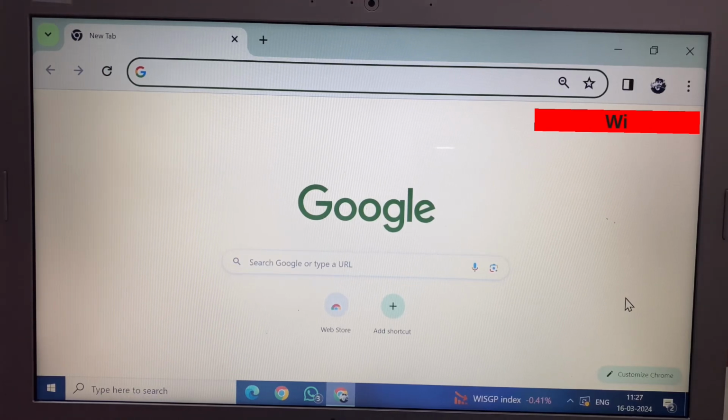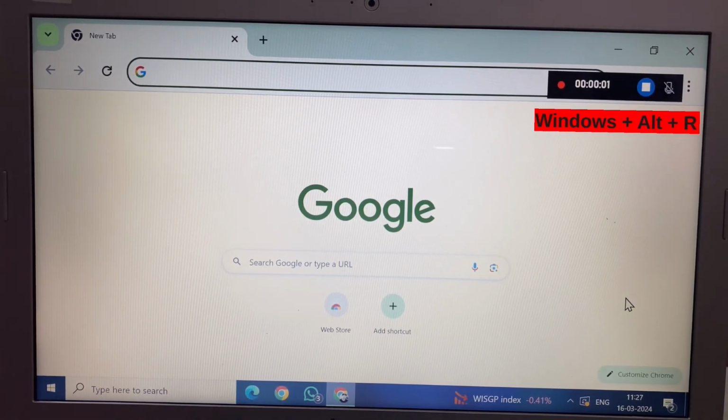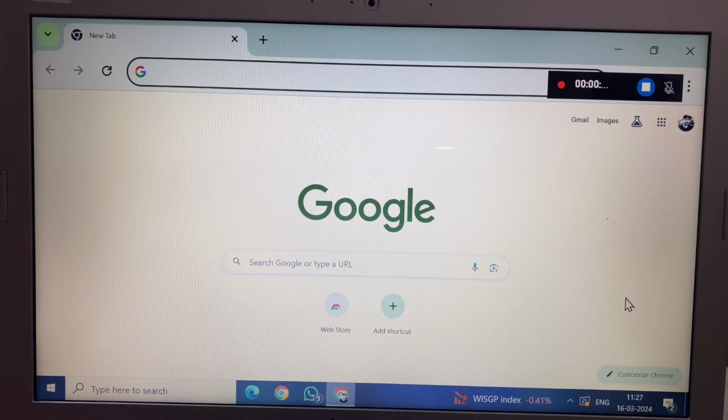And the next keyboard shortcut, friends, is how you can record your laptop screen. You press here Window Alt then R and you see here at the top the screen record start is ready. So friends, very simple and easy. You can use these two shortcuts to record your laptop screen and take your laptop screen